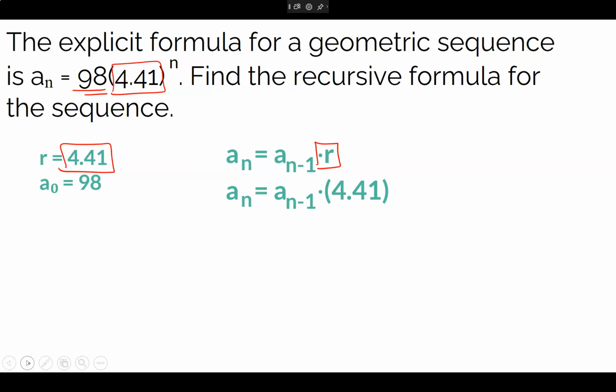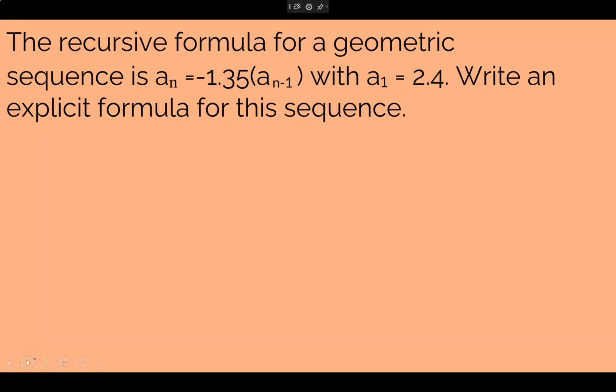Questions for me right now? Okay. You and your table people, please work on the next one. You have been given the recursive formula and you've been given A1. I want you to write the explicit formula for this sequence. Explicit, yeah, so either A1 or A0